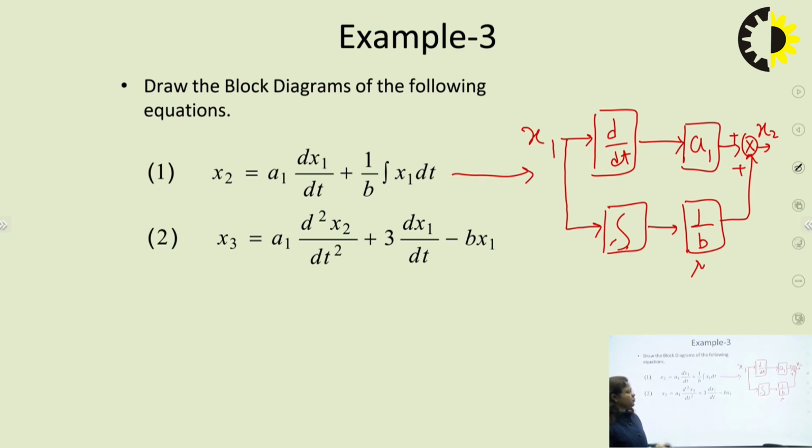Two differentiator blocks, two gain blocks a1 and 3, and one gain block of minus b. So if we draw this diagram using the same input x2 as I have generated from this block, so I can say that using the same diagram,